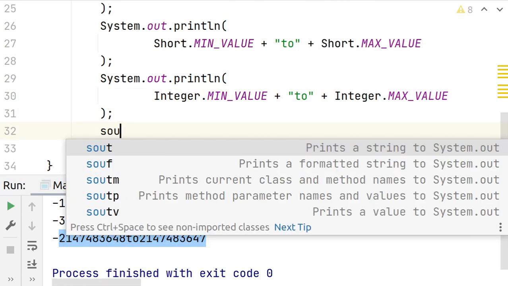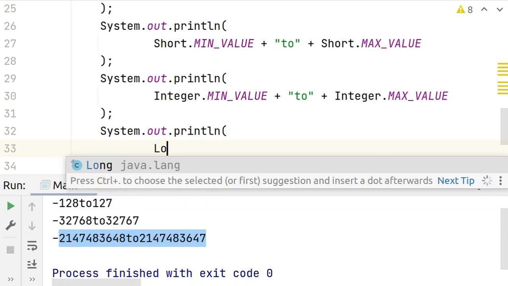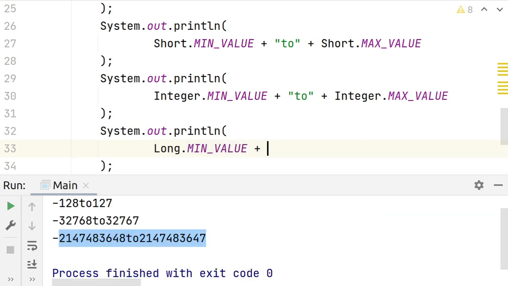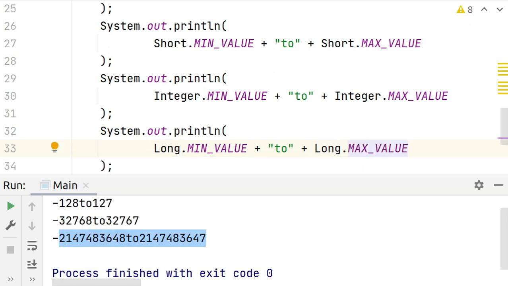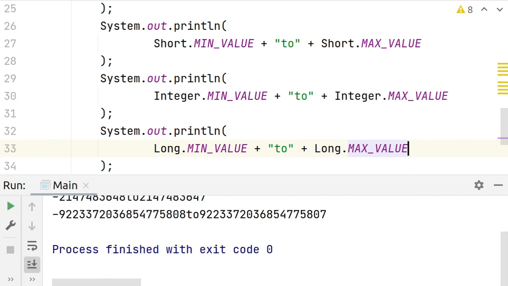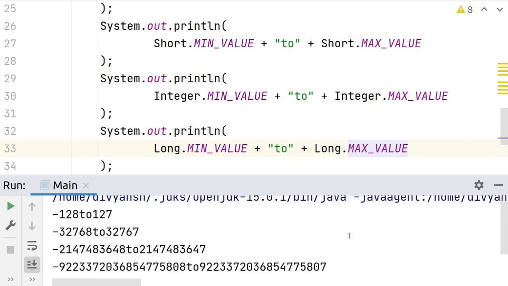So we'll go to the next type, which is long min value to long dot max value. Right, so this is the sheer, the greatest number that the long data type can store, right?